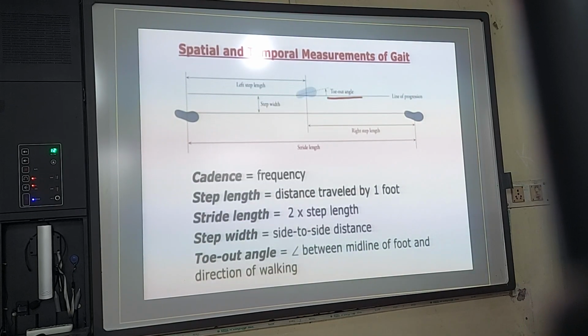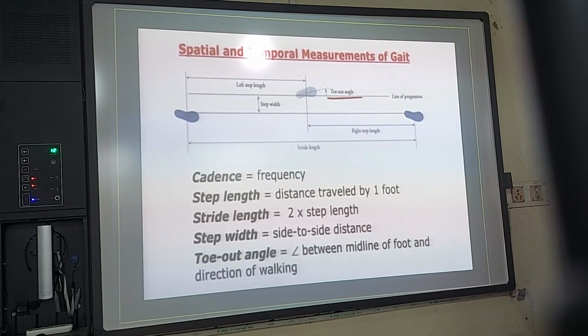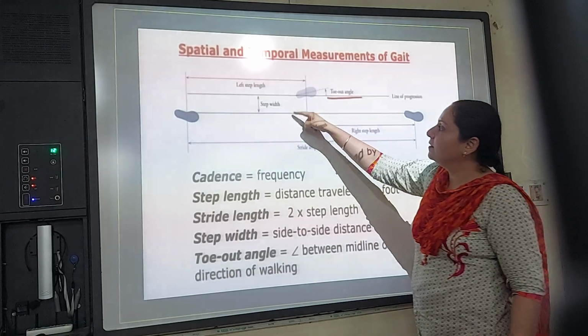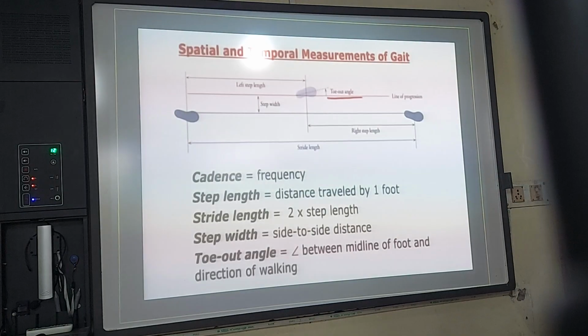And remember, if you multiply the step length by 2, you will get the stride length of the left foot. This is how we basically calculate when we do our manual assessments. We do it like this. Now this is the stride length, the step length, the step width. Can you see this width? It is the distance, or the breadth, between the right foot and the left foot.